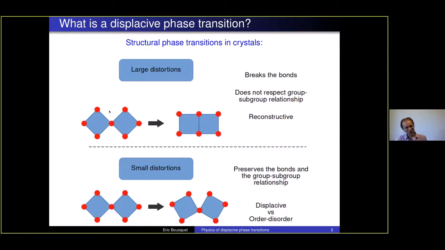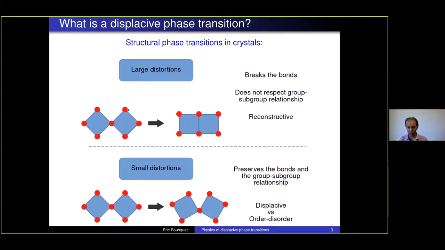Okay. So here I give you an example in 2D. You have, let's say, a crystal made of squares of atoms placed on a square lattice, connected by the corners. The large type of distortion I'm talking about is typical, for example, of reconstructive or martensitic phase transitions, where you have motion of the atoms and some diffusion of the atoms. Basically you have a breaking of the bonds, and you can see that, for example, here you go from corner-shared squares to edge-shared squares. And you can see that if you want to do that, you have to pull away one atom to make this kind of connection.